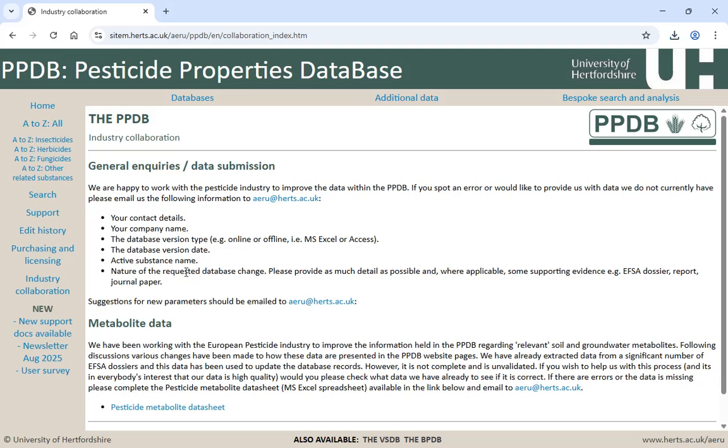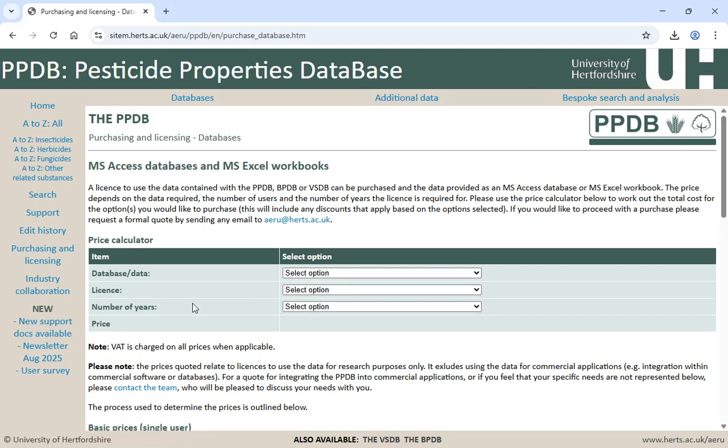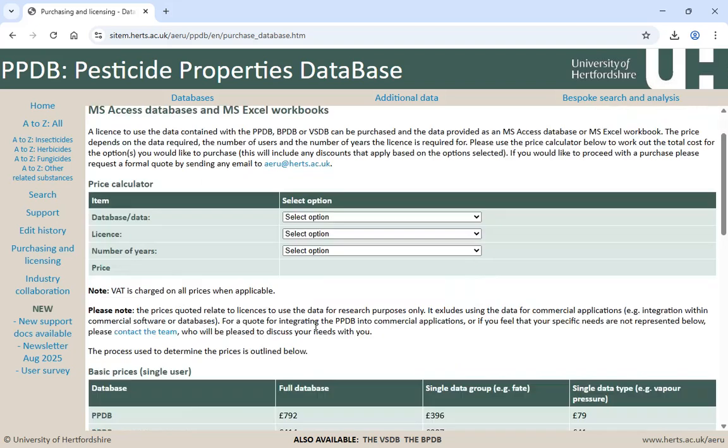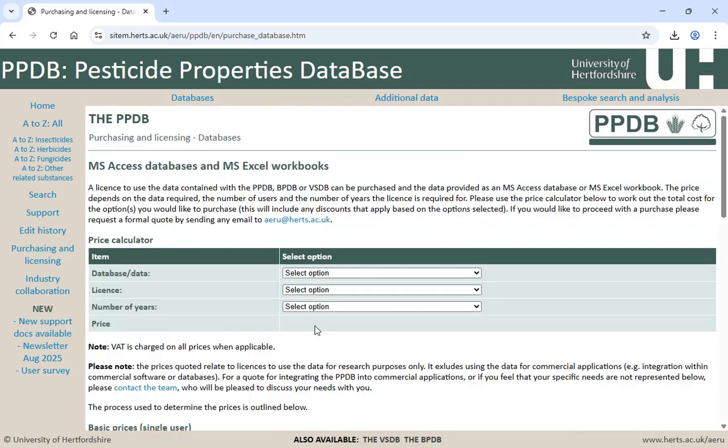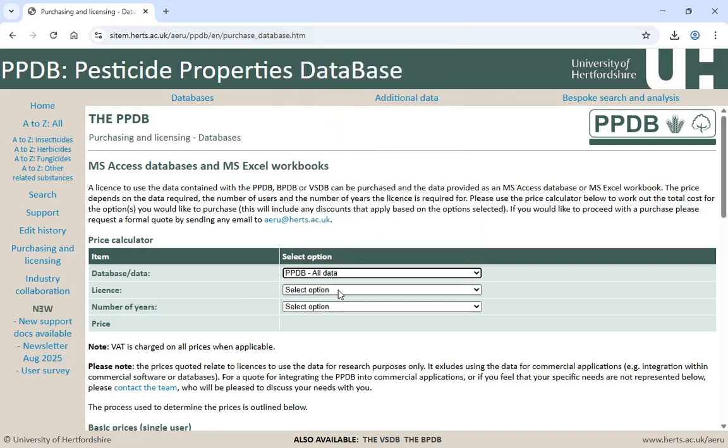Last thing to show you probably is things like purchasing. Obviously the online system is completely free for everybody to use, but if you did want to purchase the data as an Excel spreadsheet or as an Access database, you can do that, and you can buy a license from us to do that. And this page here allows you to pick what exactly it is you'd like to purchase. So how many users, what data do you want, and for how long, and it gives you a price. And then if you do a request or a quote, that sends an email through to us